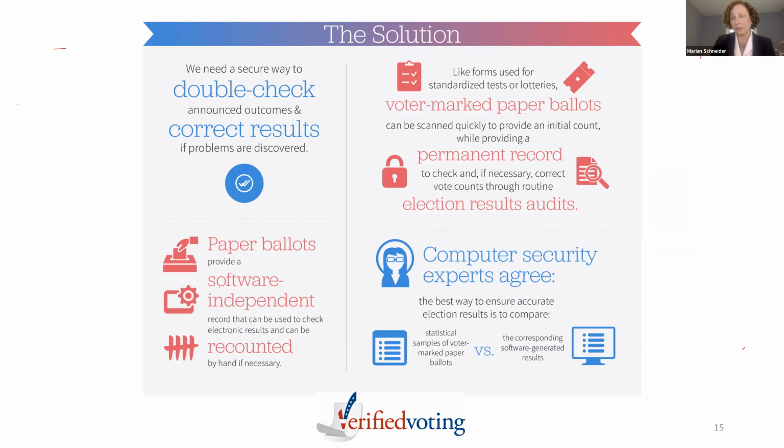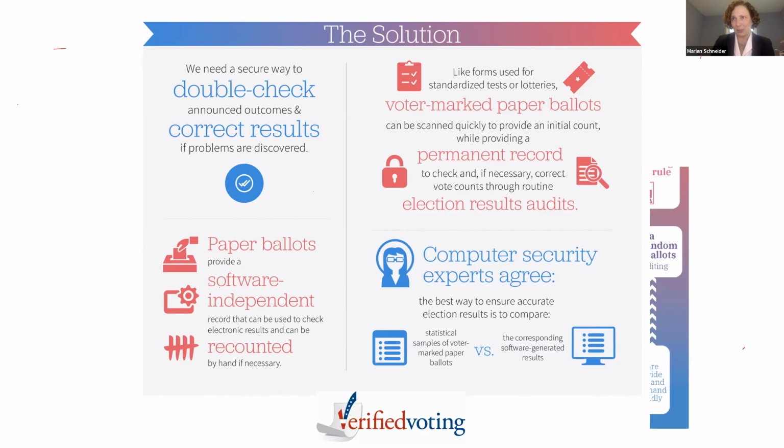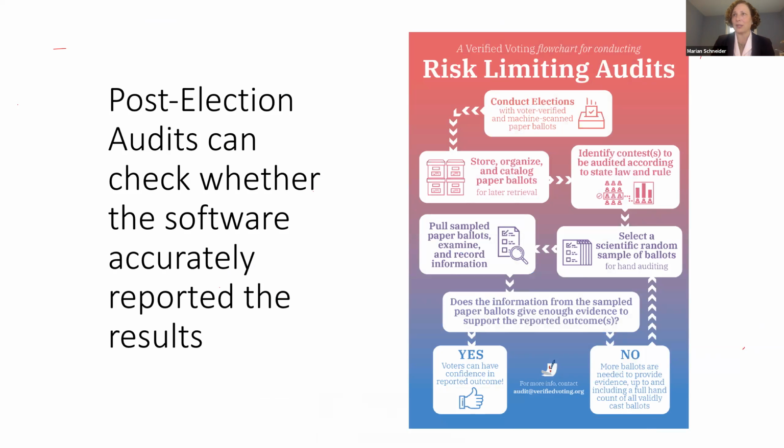This slide just shows, for voting machines, we advocate under current technology, you need to have a voter-marked paper ballot, whether marked by hand or device, and then that's retained as a backup for recounts and audits. And then we recommend statistical audits, risk limiting audits, because you have to check and make sure that the software operated properly. And this is a flow chart that shows what the process is.